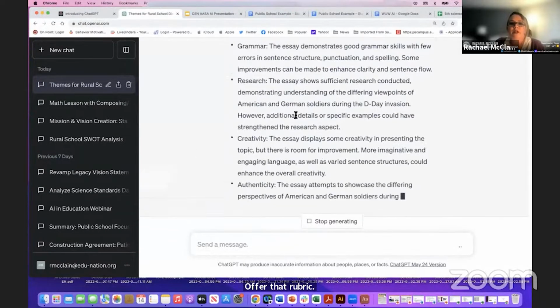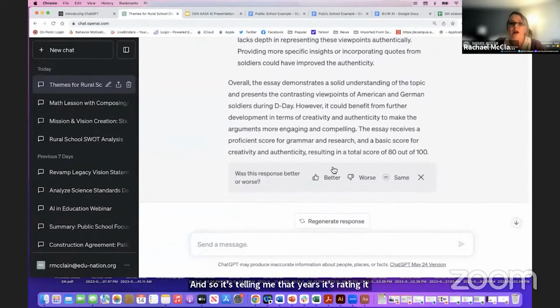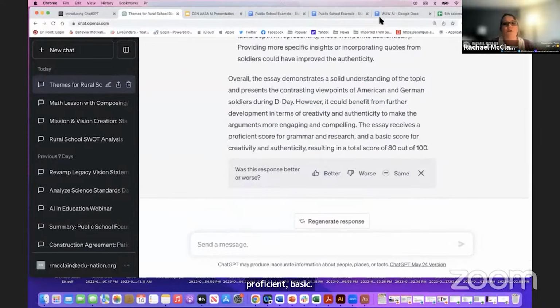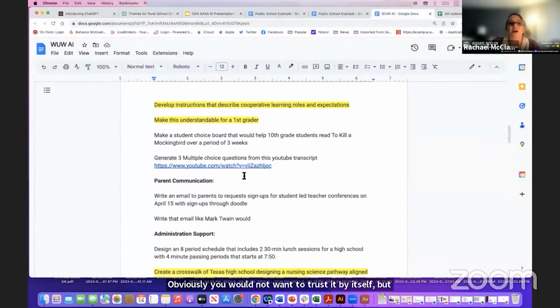And so it's telling me that it's rating it proficient, basic, it's given a score of 80 out of 100. Obviously, you would not want to trust it by itself, but that would be a great example of human interaction of what it would need to do, from that standpoint.